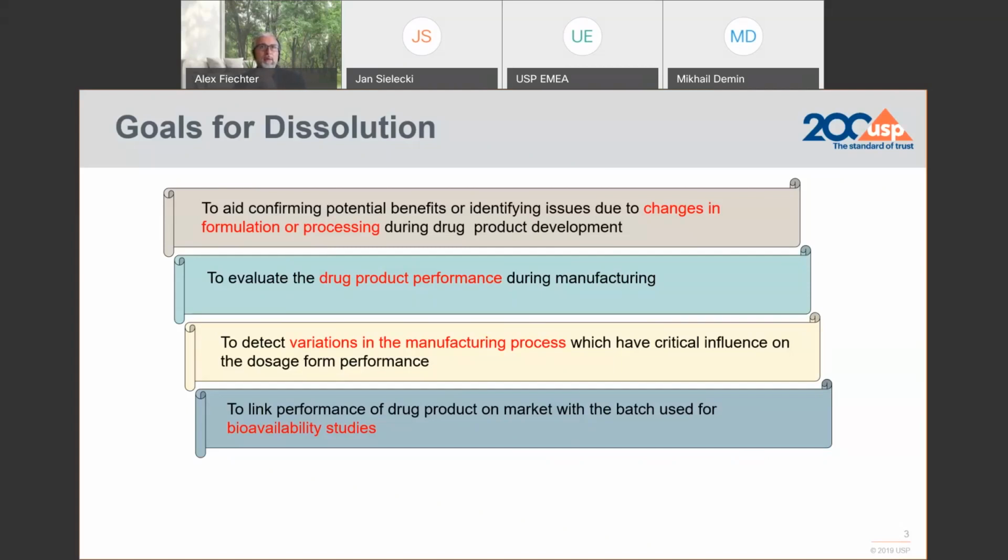And there is the link to bioavailability studies, if you want to compare an already available market product to what you would do then in bioequivalence for the drug formulation you are developing.